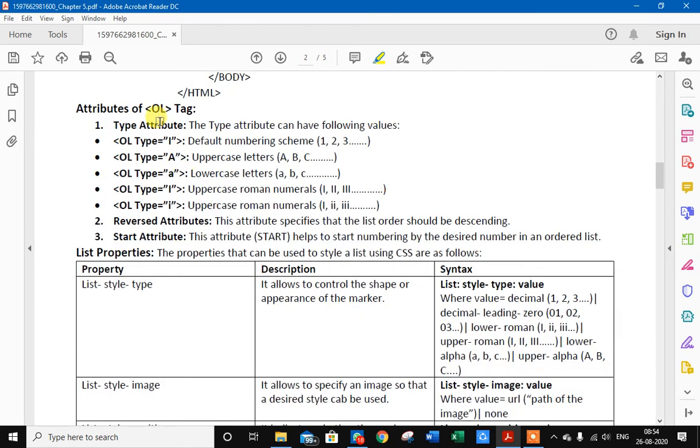So what are the attributes of OL tag? Let's talk about type attribute of OL tag. It has the following values: 1, uppercase letter, lowercase letter, uppercase Roman numeral, lowercase Roman numeral.